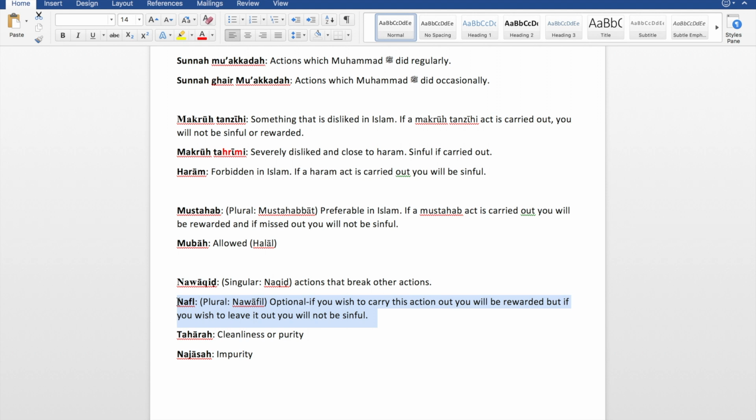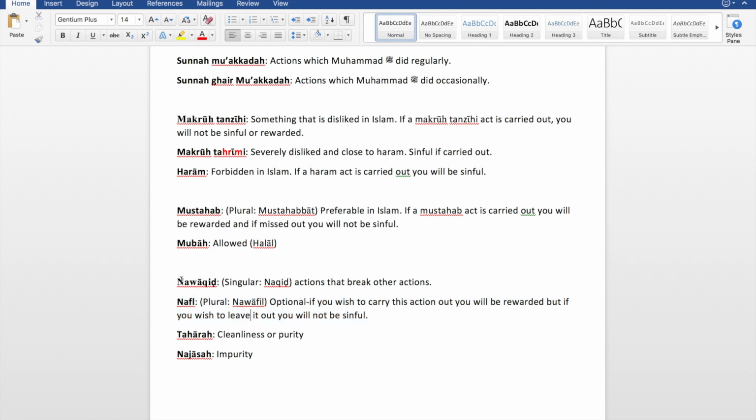Okay, so especially in salah and different types of worship, you have nafl acts. So you have nafl prayers. They're not fard or sunnah. Well, the Prophet did do them, but they're not as important that you have to do them. That's where they come in the category of nafl. These are optional prayers or optional fasts. So those things that we don't have to do, but we get rewarded for doing them. So these come in a chapter of worship. Those extra worships that we do, that we don't have to do, we call them nafl. They come in the nafl category, optional.